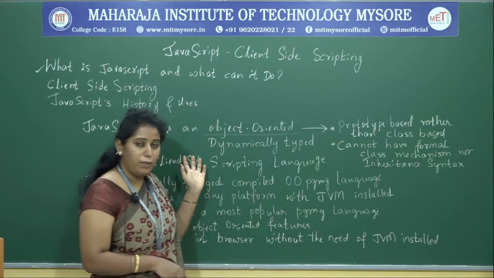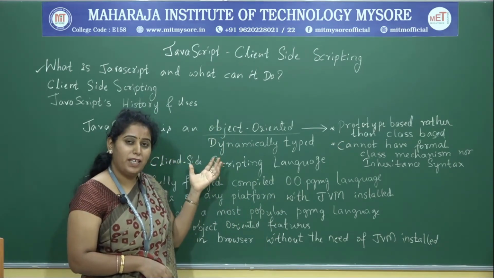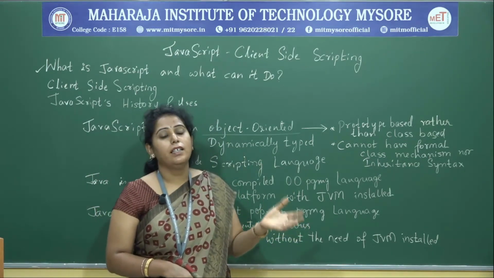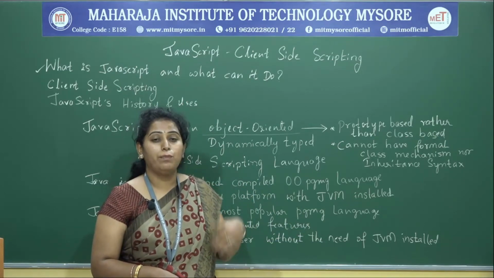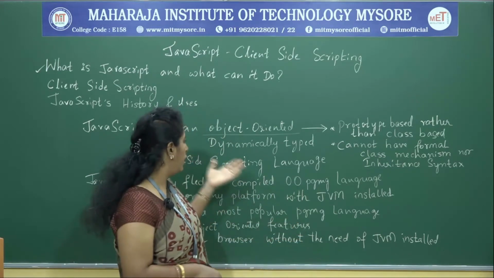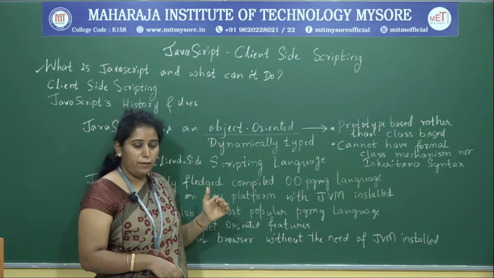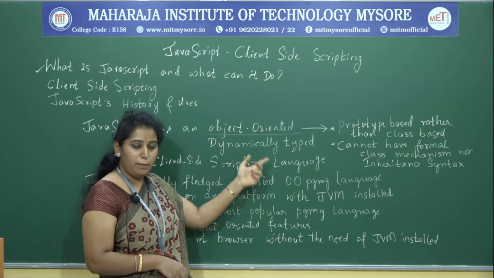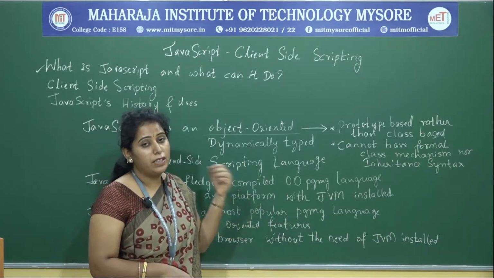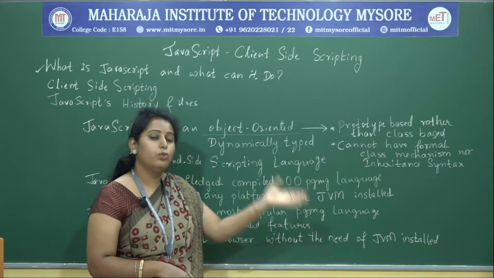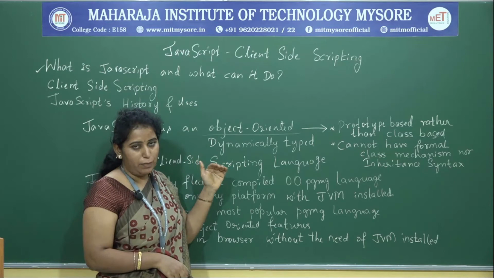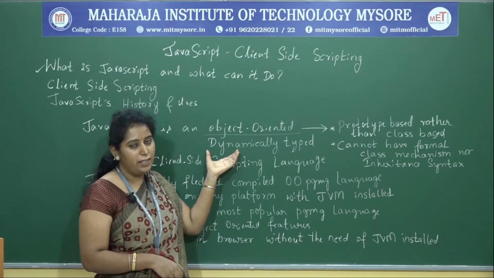Whereas JavaScript is dynamically typed. It means that a variable which is declared can be converted from one type to another type. That is what dynamically typed means. Again I will repeat, JavaScript is dynamically typed. When you declare some variable, it can be converted from one type to another, and this is done dynamically at runtime. So that's why it is named dynamically typed.